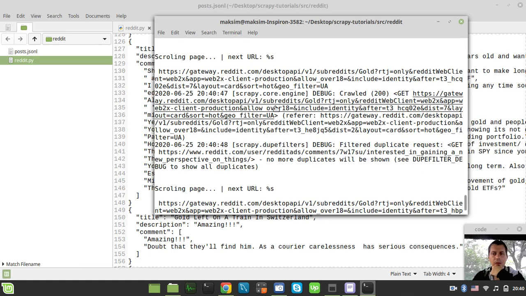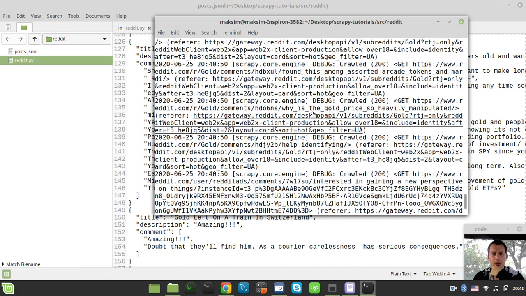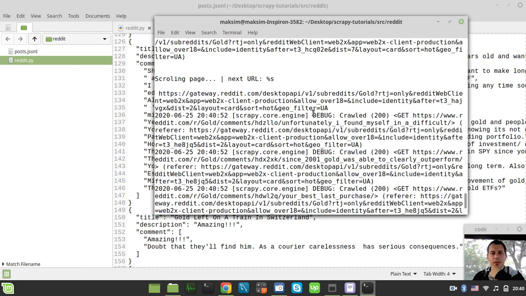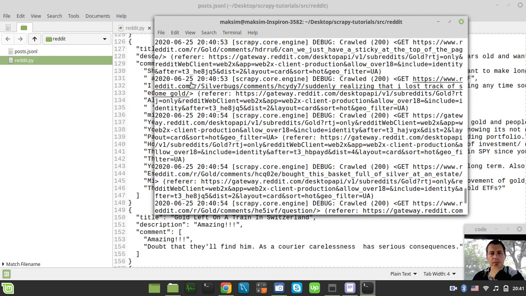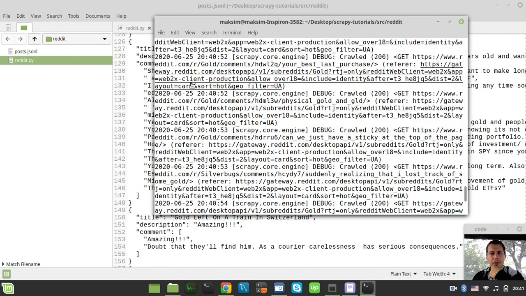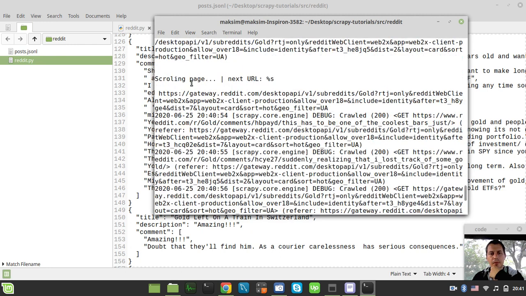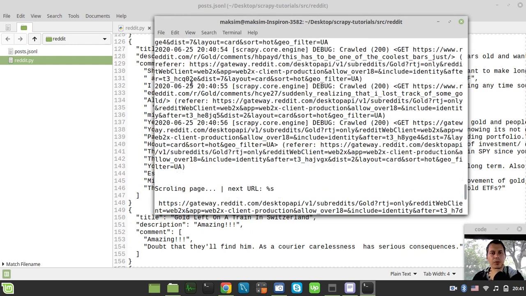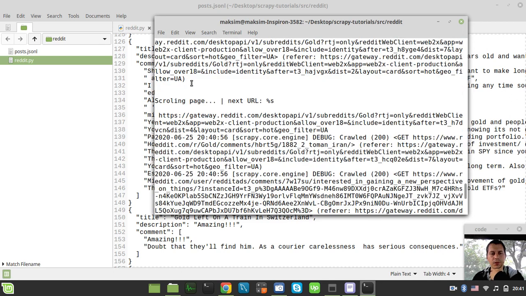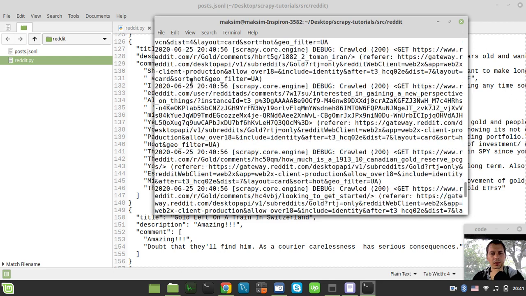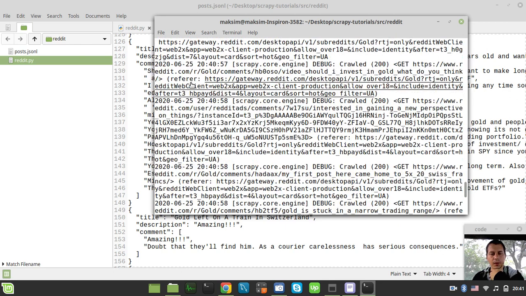So yeah, as far as it's going asynchronously, I guess it's making this scroll page request before crawling through the permalinks, which are the post detail URLs, but still it seems like